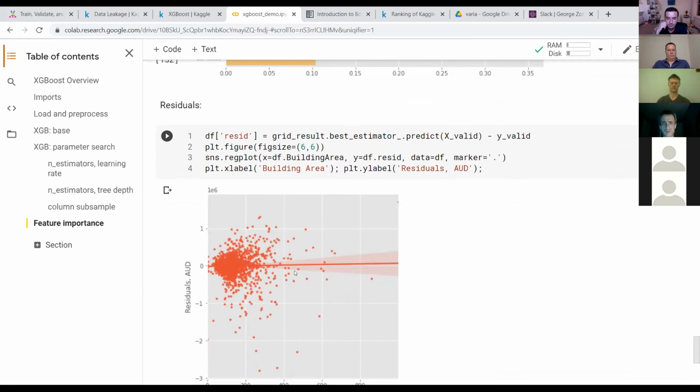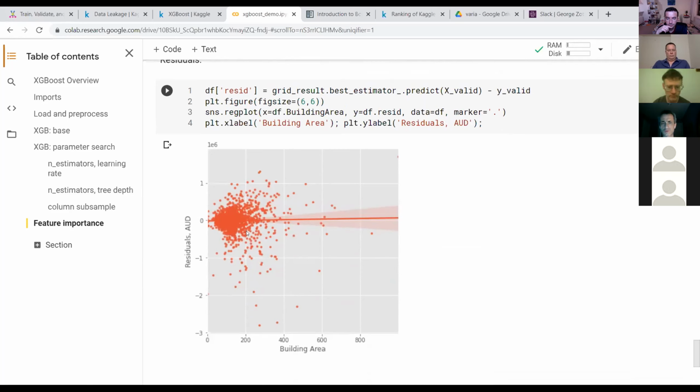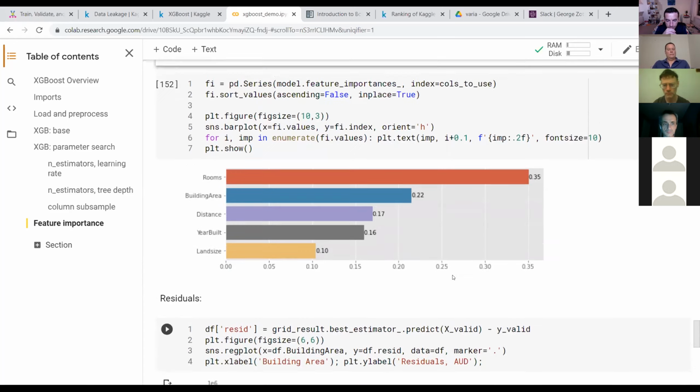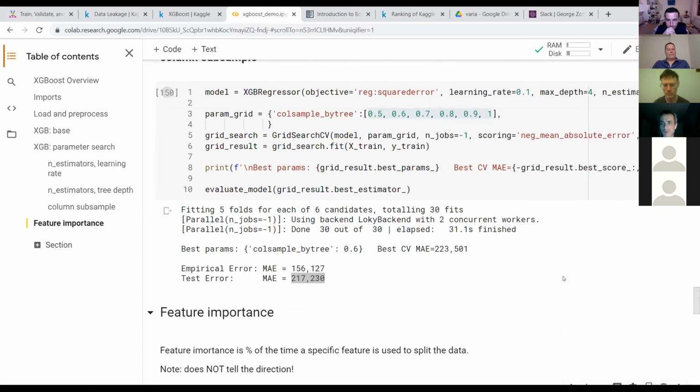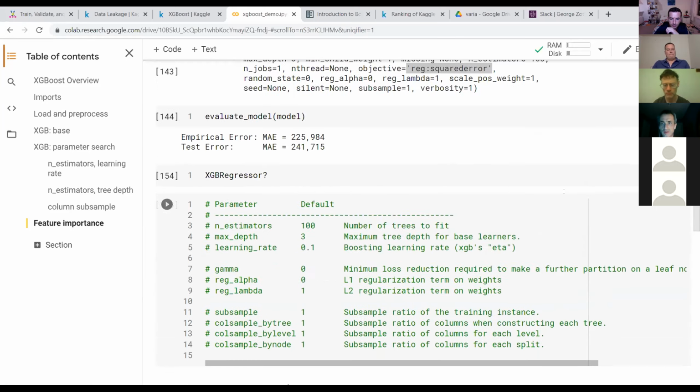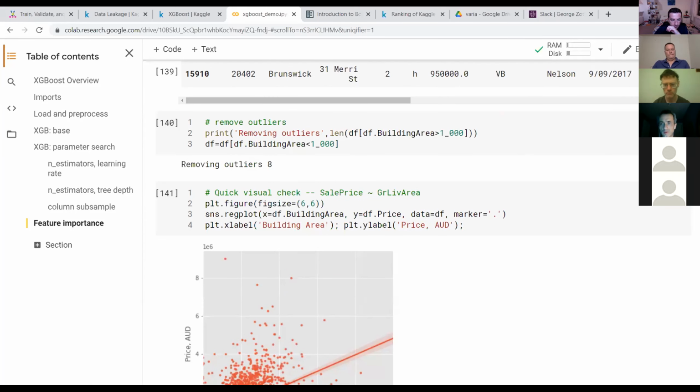Yeah, and this is just to visualize the residuals. For example, there are some points that XGBoost didn't pick up, like $3 million off the true price, and it just tells us that the variables that we have are not nearly enough to describe the price of the house. So I think that's it for XGBoost, and please let me know if there are any questions before I move to data leakage.